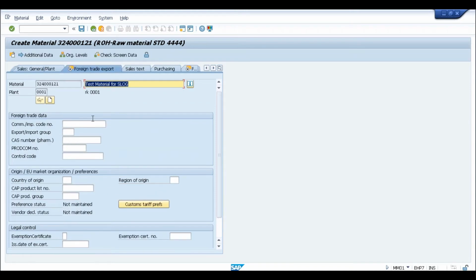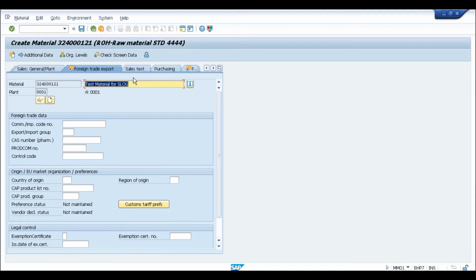Now we need to understand this particular thing. Before I talk about this, let me tell you what has been changed from the foreign trade point of view. In ECC, we had foreign trade management, which was the component available in materials management from the procurement point of view, and in sales and distribution from the sales point of view.